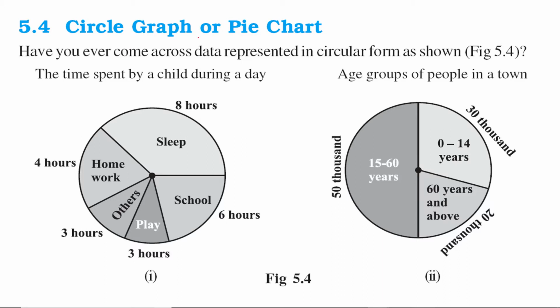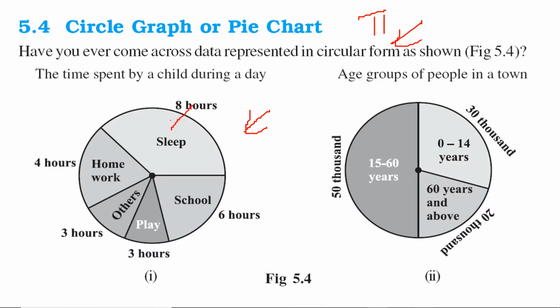Circle graph or a pie chart. You know, the circle has pi in it. That is why we call it a pie chart, and the circle is all about this pi, because the area is pi r squared and the circumference is 2 pi r. So we can represent data in circular form also, because in circular form it becomes easier to interpret the data. For example, here the time spent by a child during a day,